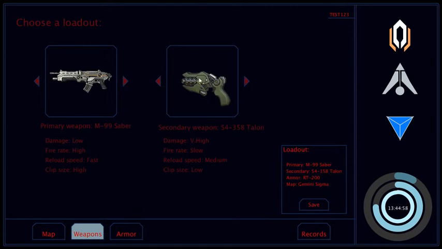Here I have the secondary weapon, which also works just as the primary one. As you can see, whenever you change something here, it also changes in this little box. This little box, I call it the loadout save. Whenever you press it, this loadout will be saved into a record, into the text file that we created by using this name on the first screen. I'm gonna save a bit later after I take you through